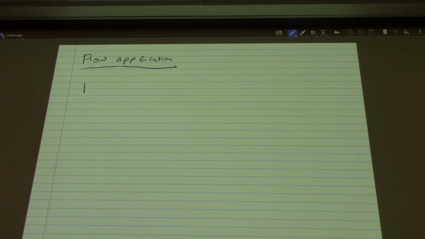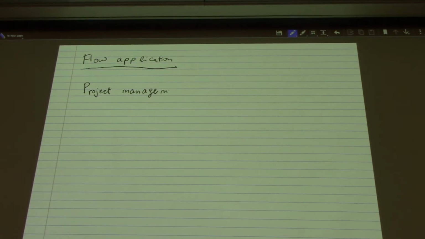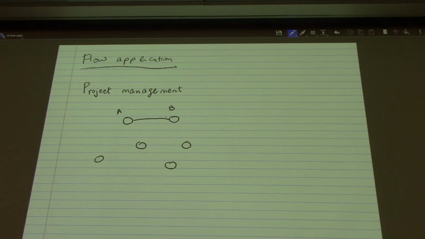So this is what is called project management. You have a number of jobs that need to be performed. So put little circles for the jobs. Okay. So this is job A and this is job B. Jobs have dependencies. Right? So if I put an edge from A to B, this means that A